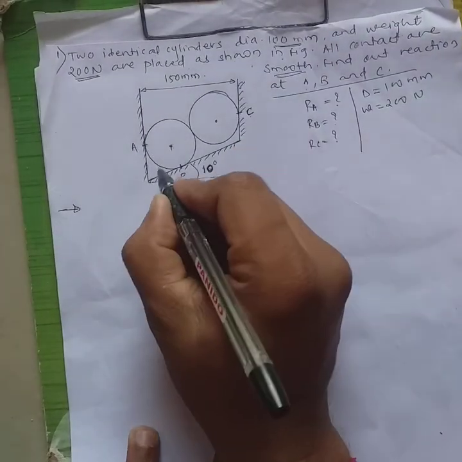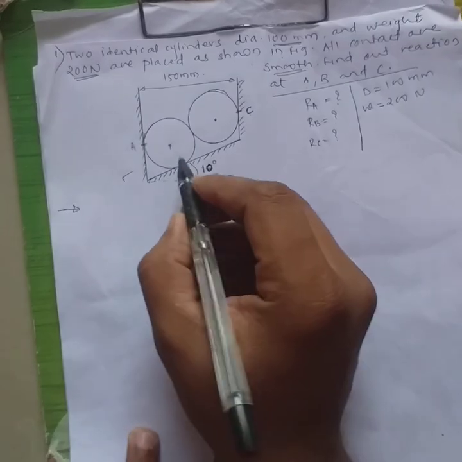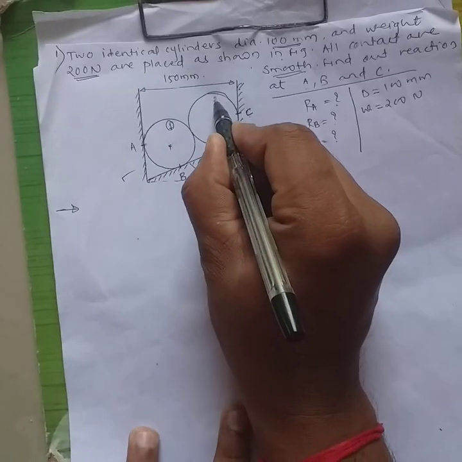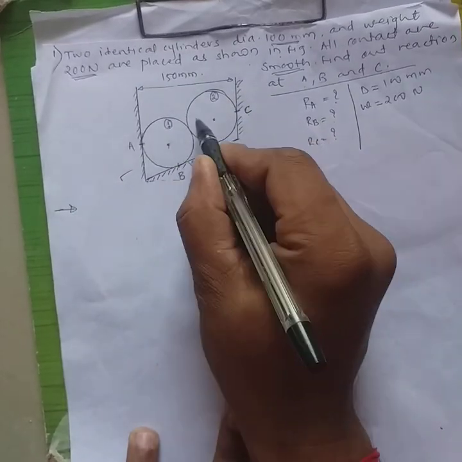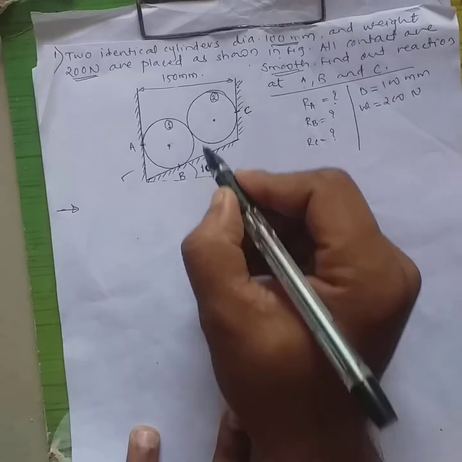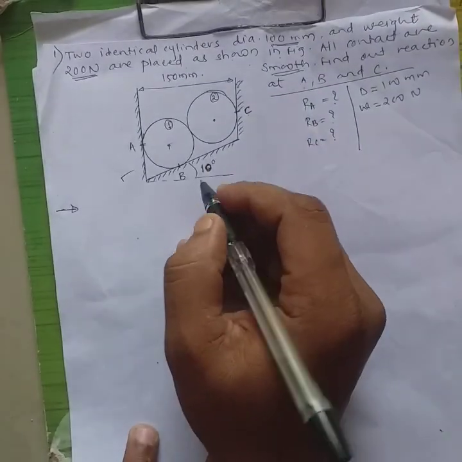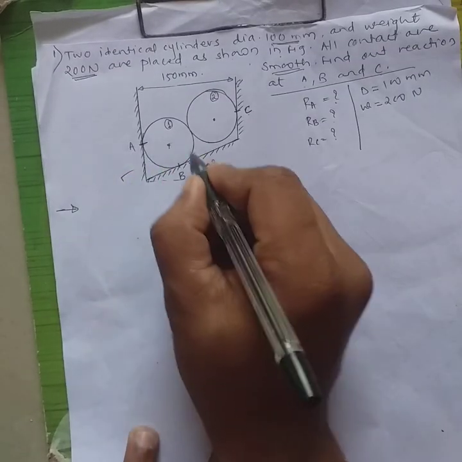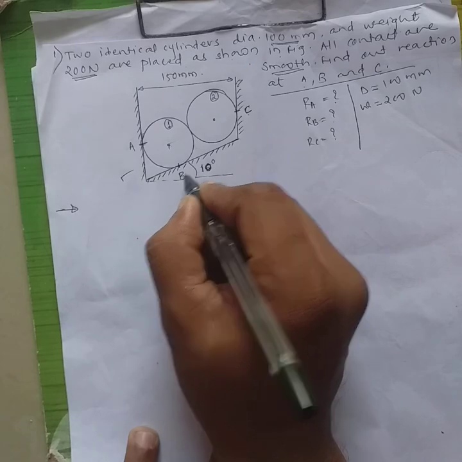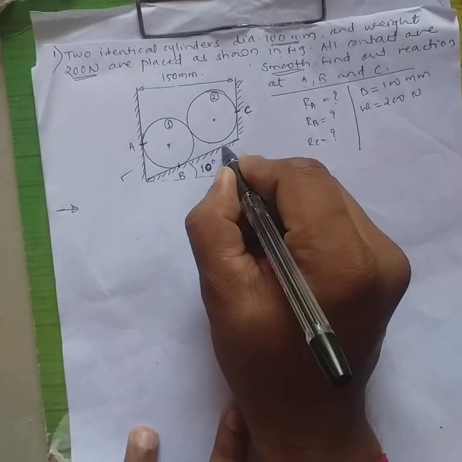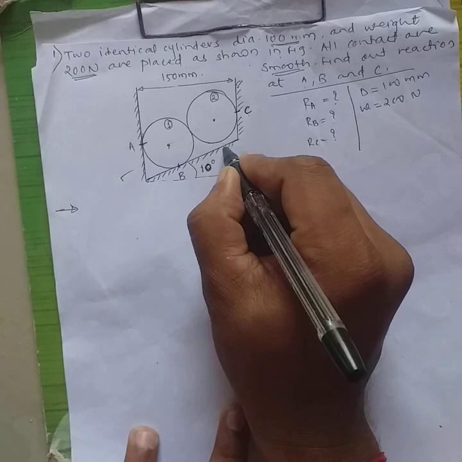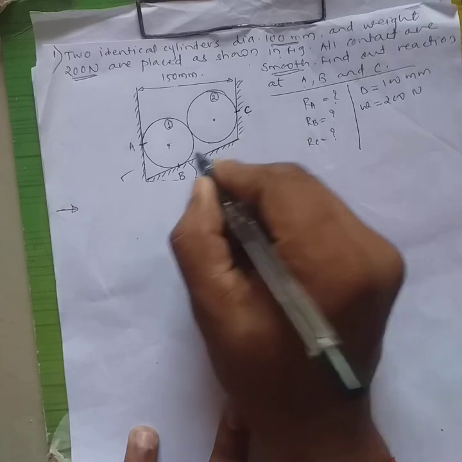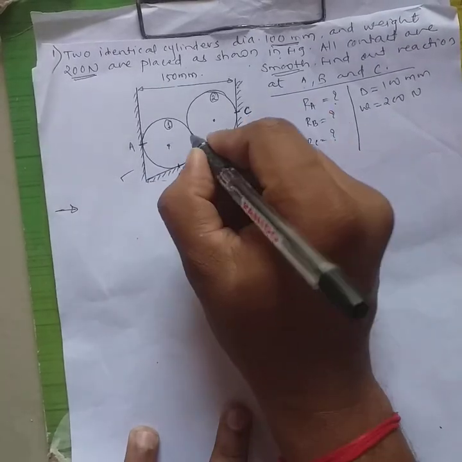Now if you see this particular figure, you will find this is cylinder number 1, and this is cylinder number 2. So two cylinders are connected. Now find out the contact points. Here we have one contact, mark it as A. Here we have the second point B. This one is C. Please note cylinder number 2 is not in contact with this surface. So A, B, C, and one more contact is here.